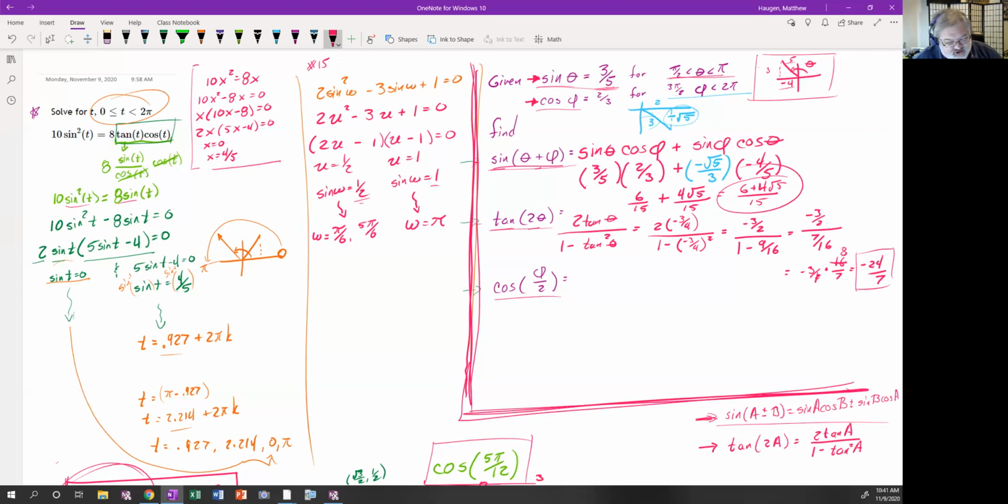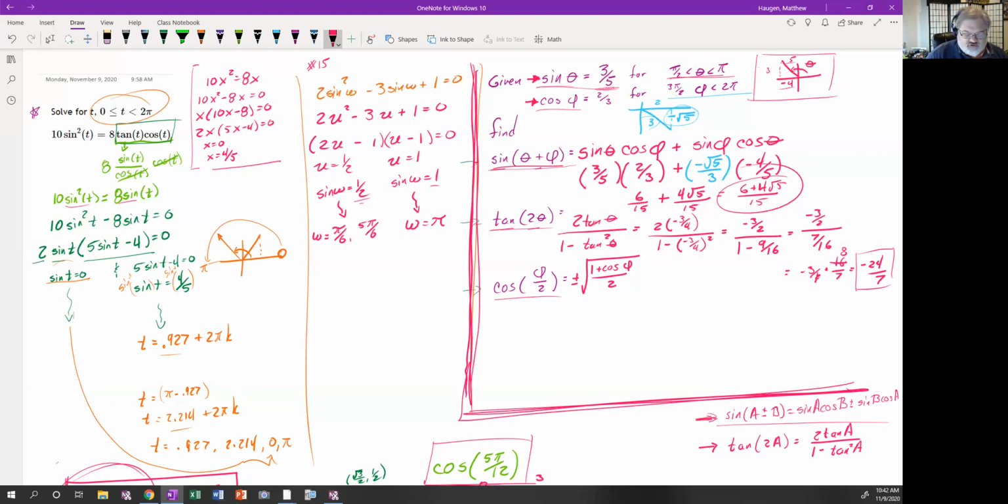Now, I said the tangent and the cosine problems are essentially very similar. The half angle formulas do have that one kind of extra issue in them. If you look up your half angle formula for cosine, you notice it says plus or minus the square root of 1 plus the cosine of, in this case, phi over 2. And that plus or minus is an issue because